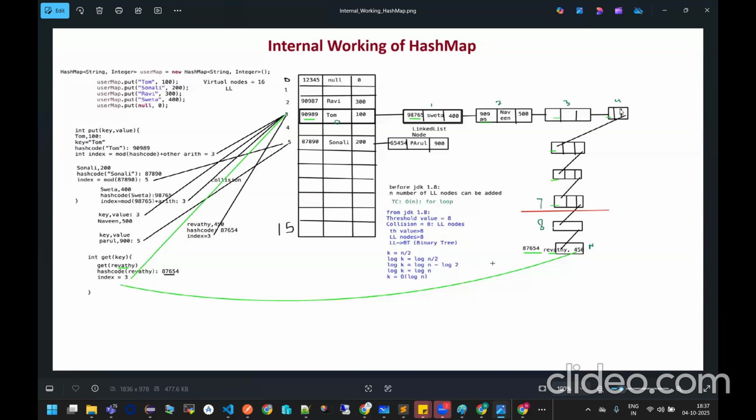Okay. But that can only happen till the seventh position, seventh index. After the seventh index, all the values are going to be converted into some sort of a binary tree. You need not understand what a binary tree is and all these things, but I'm just talking about the internal working of this hash map because it is really required. Okay. So when you have the same index being assigned to multiple key values, this is called collision